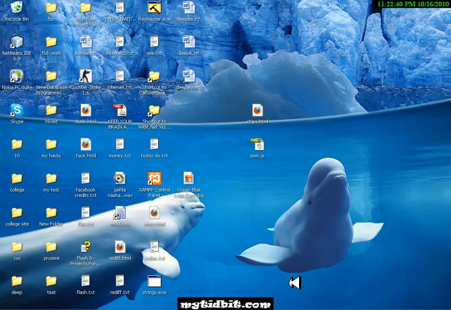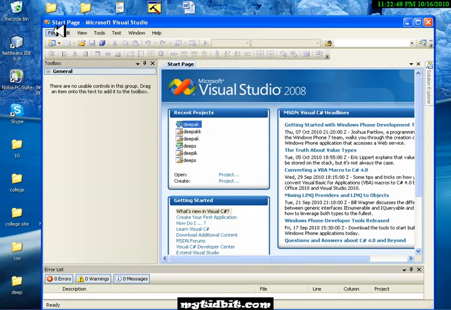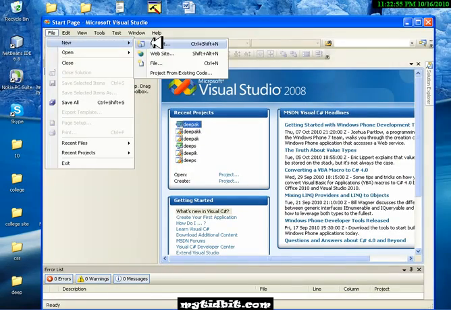Hi, now we'll see how to create an exe file, a setup file in .NET. I have Visual Studio 2008 installed in my system, and if you have 2005, that's fine too. To begin with, you can go to File, New Project, a new project, and in that